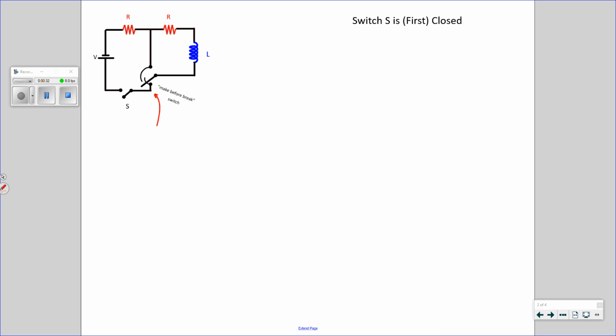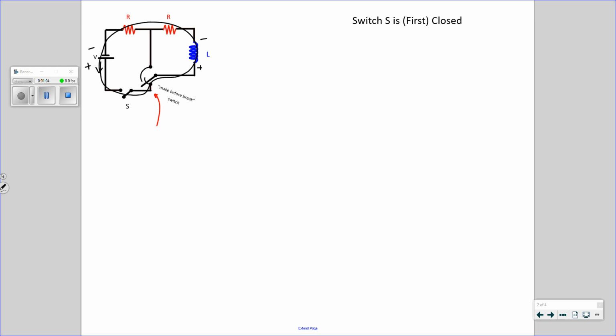And so that make before break is oriented as you see, and what we're going to talk about is when switch S is first closed, how does this circuit behave? We do that by means of a loop rule statement. All right, and our loop rule, the closed loop when this switch is first closed is going to be that one. Okay, and when this happens, when we close this switch, well, there's an EMF induced in the inductor with a polarity like that